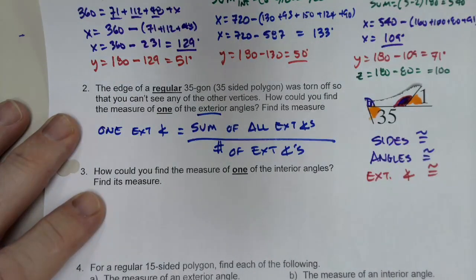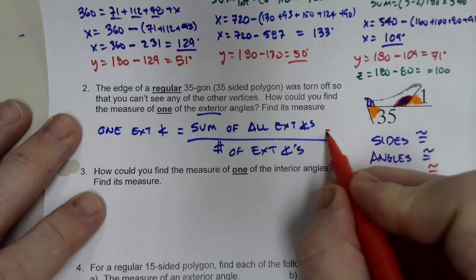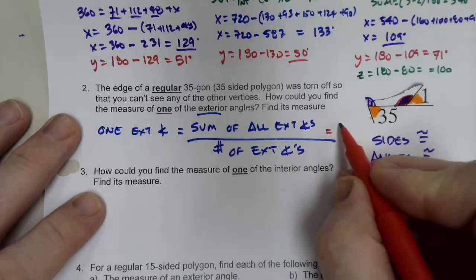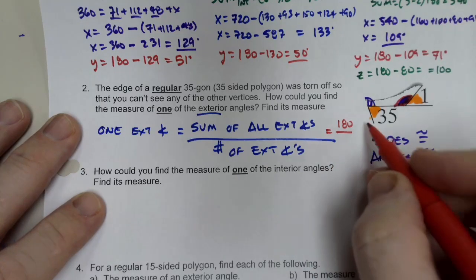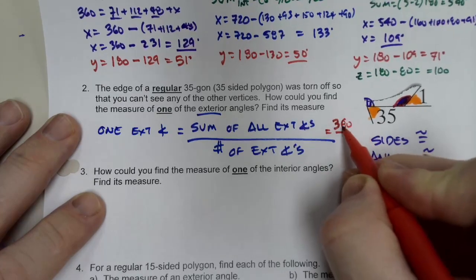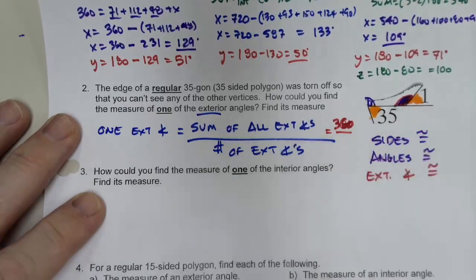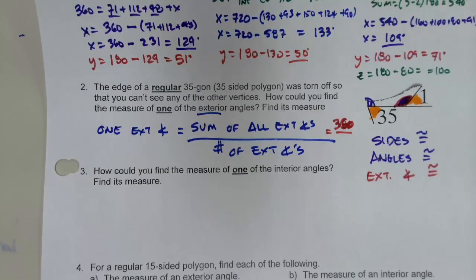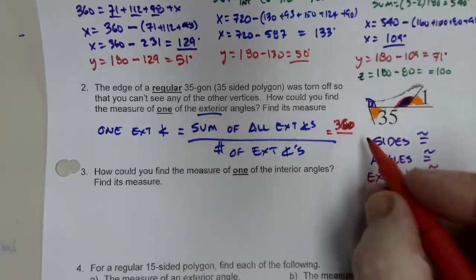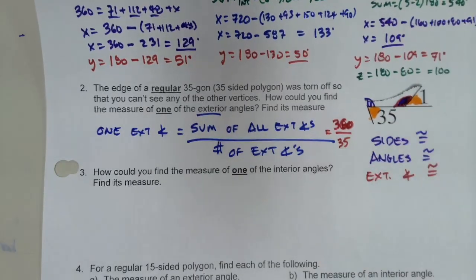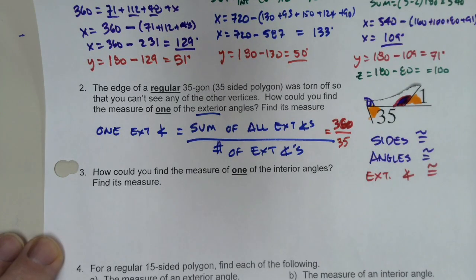Now, think back to what we talked about on the previous page. We know the sum of the exterior is always going to be 180. I'm sorry, I said 180, and that should be 360. The sum of our exterior angles is always 360. So, since that's always 360, in this case we have 35 angles on the outside. If we take 360, divide it by 35,